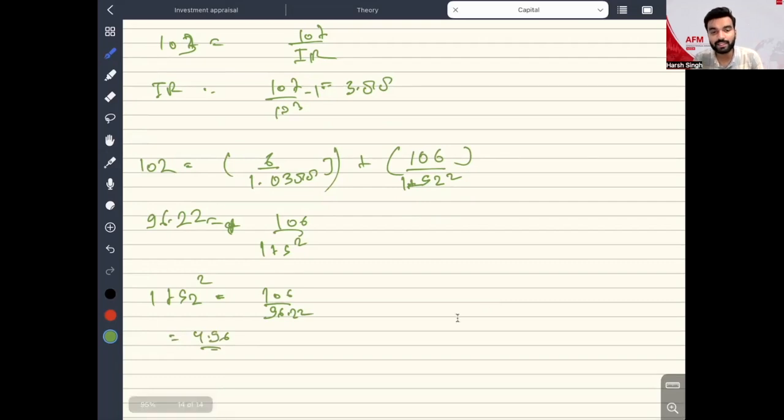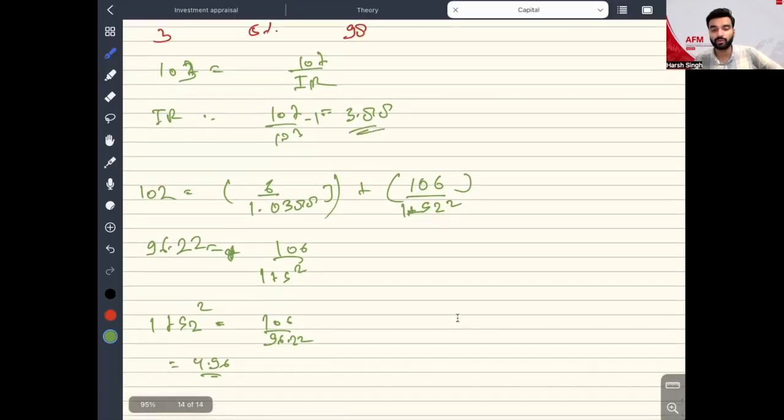Now again in step number 3, you have to do the same step. Step number 1 you have to discount by 3.88. Step number 2 you discount by 4.96 and then you will get the value of step number 3 as well. So it is nothing new, nothing tragic that we have done. Earlier we used to calculate the present value. This time we already had the present value and we calculated the interest rate. So this interest rate is nothing but the spot yield curve, everyone. So it's nothing new, nothing big.